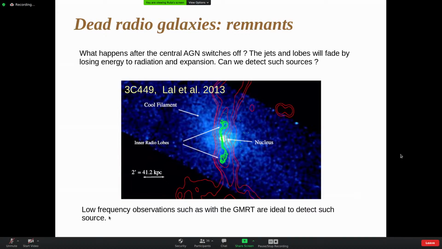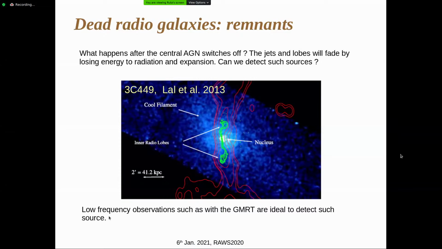Okay, anyway. So at the end, I want to mention one more phenomenon. I told you about the intracluster medium affecting the galaxies and these properties. They also affect the radio galaxies drastically. So this is one example of an active radio galaxy where there is a core and jets and lobes, etc., and there is surrounding intracluster medium.